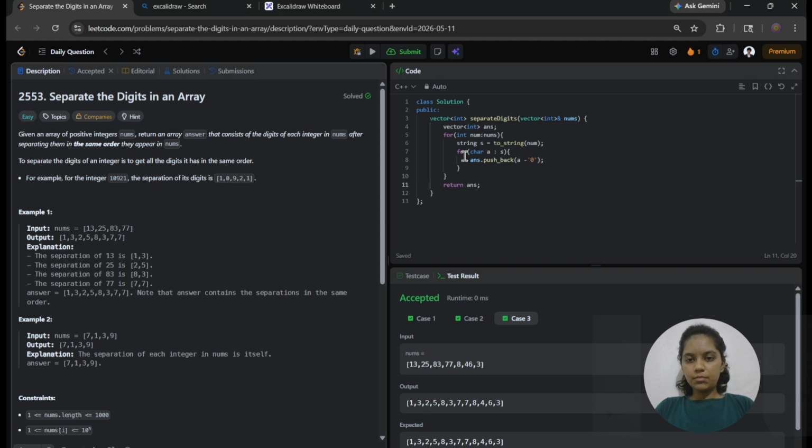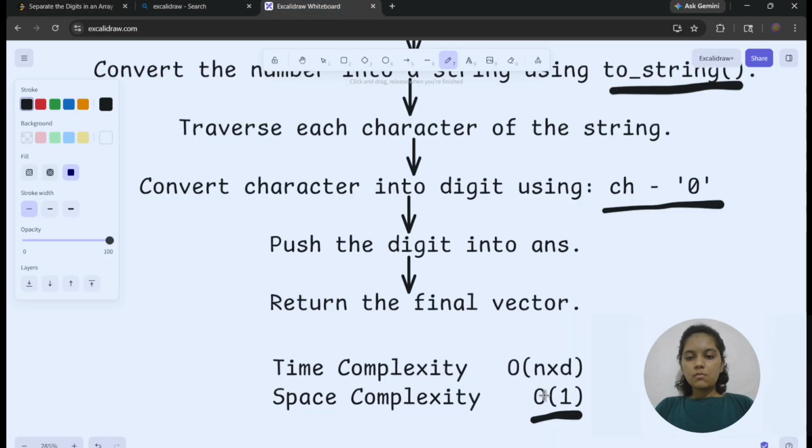So here the time complexity becomes big O of n cross d.